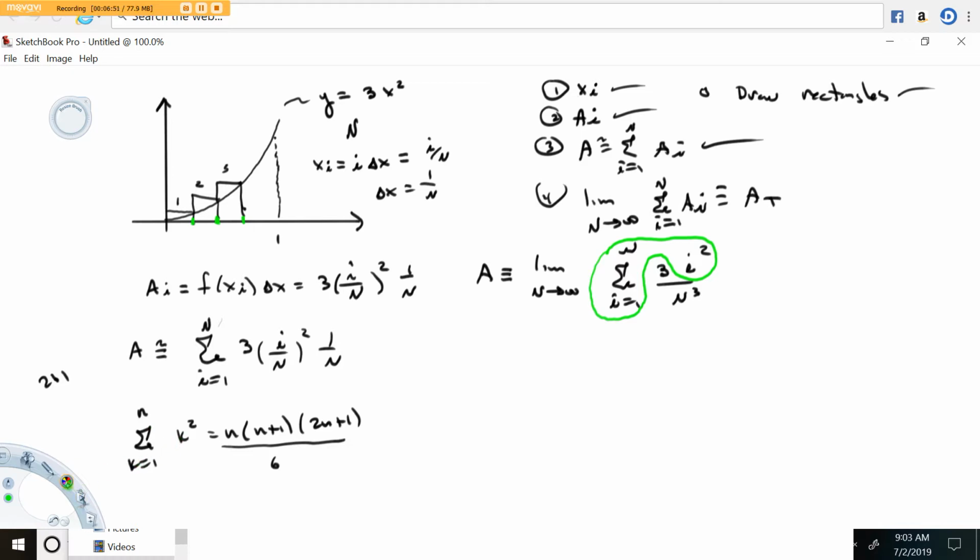It doesn't matter that it's a k or an i. This sum is equal to, all right, so let me rewrite. So we've got the limit as n goes to infinity, and then 3 over n cubed, and then the thing I circled in green is equal to n times n plus 1 times 2n plus 1